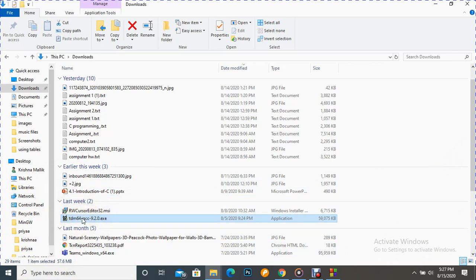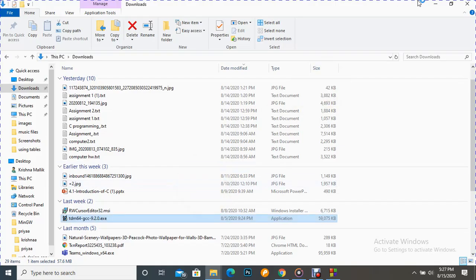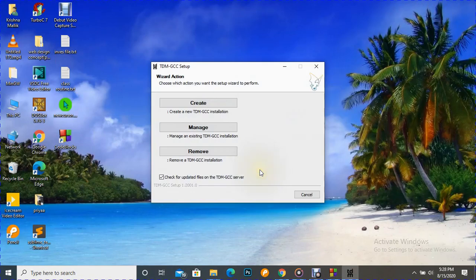So I'm going to install it. Click yes. It is showing us three actions here: create, manage, remove. Create creates an installation procedure. So let's go for this one.